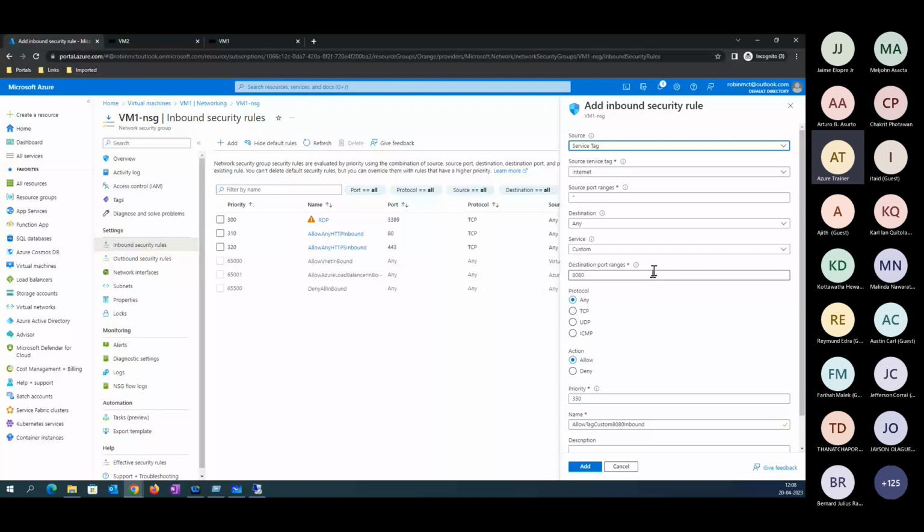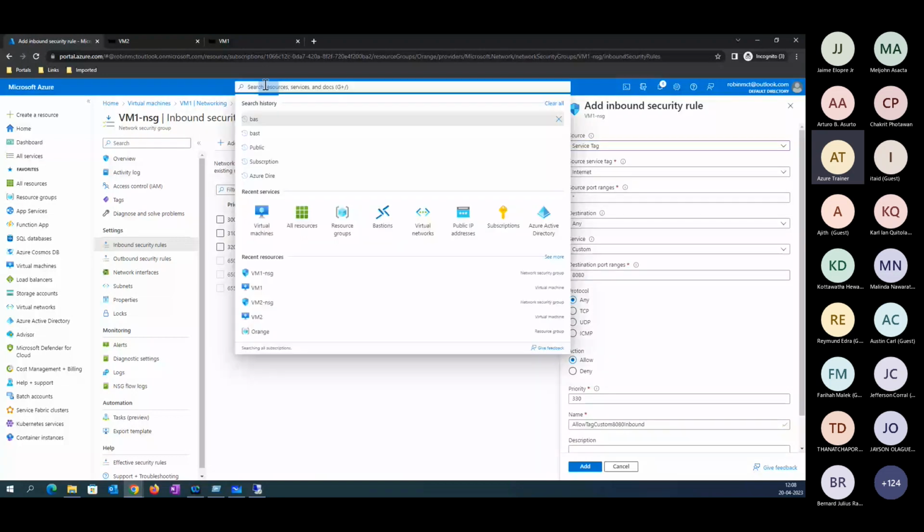Basically, when you configure a server, you have a VNet available and a subnet available. Whatever configurations we are doing are configured at the VNet level. Whatever configuration the firewall has is also configured at the VNet level. So once the firewall has been installed, you need to go to the firewall service.